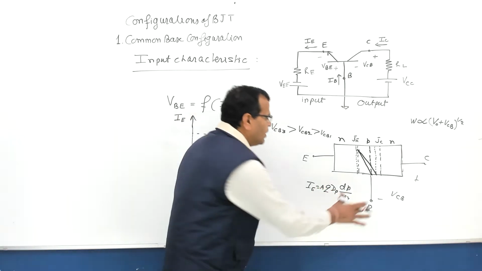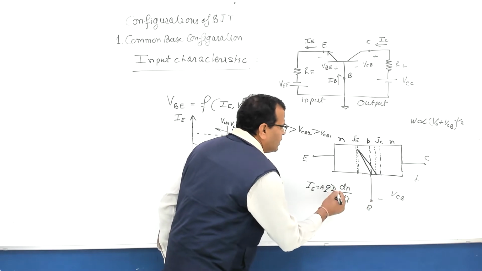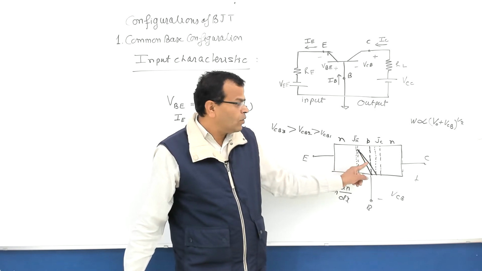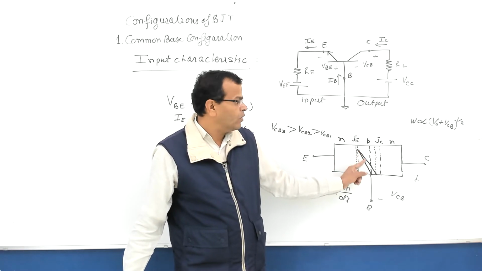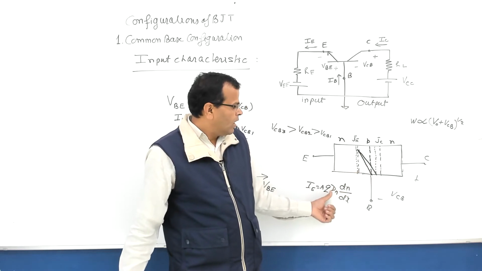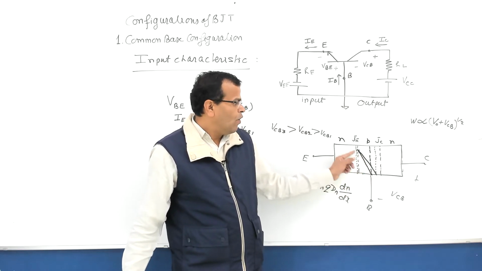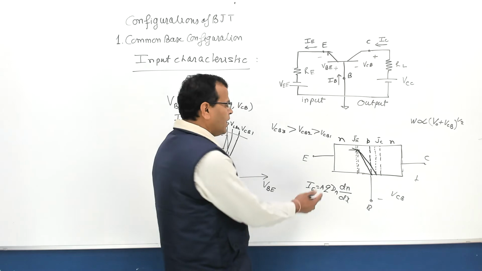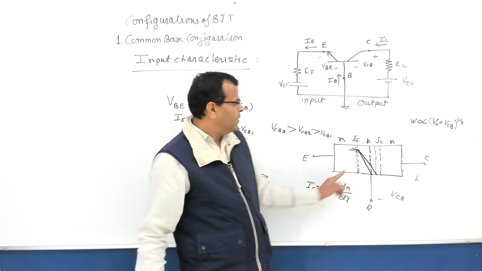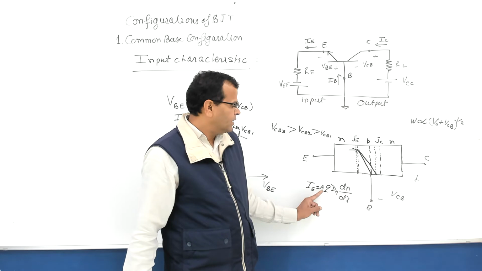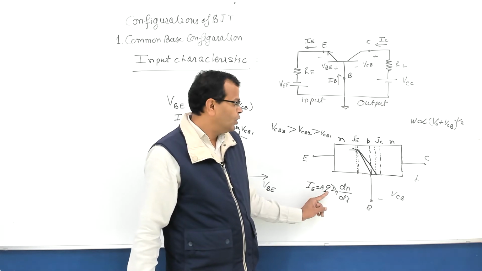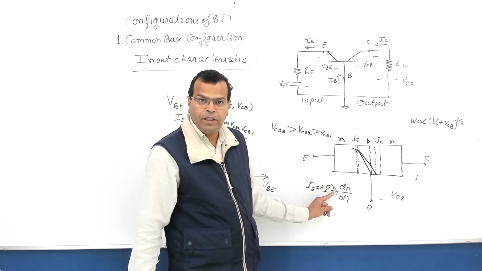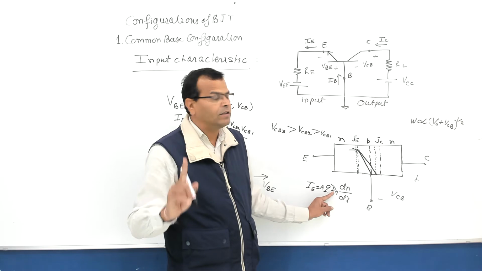This is not dP, this is dN. This is dN. Why? Because I am talking about the injected electrons in the base. Base is P type, so injected electrons is nothing but N. So these are nothing but current of emitter component which is entering here. This current is emitter current which is becoming diffusion current in the base region, and that is given by A, where A is area of emitter junction, Q is charge, Dn is diffusion constant of electrons in base, minority carriers. Electrons are minority carriers in base, and this is